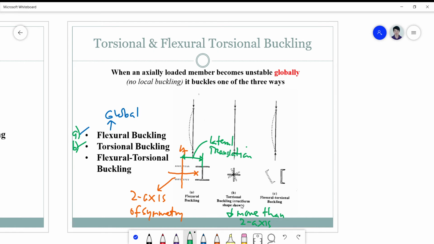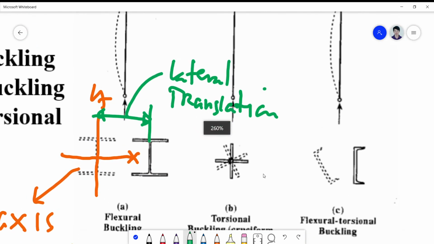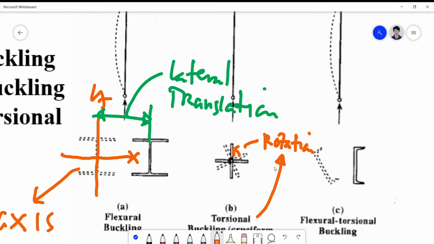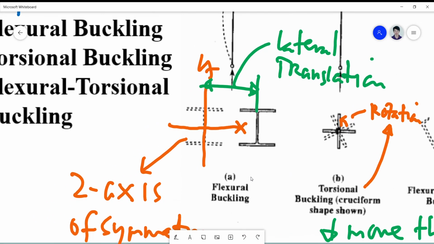Okay, so you can see here now that there is no longer any translation, but the shape rotated a certain angle, so the angle actually defines the degree of pure rotation. And rotation is actually the best description for a torsional member. So it rotates without any translation. So this is a pure torsion, this is a pure flexural behavior. And the last one is a combination of